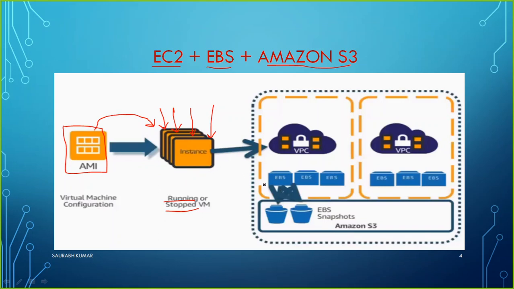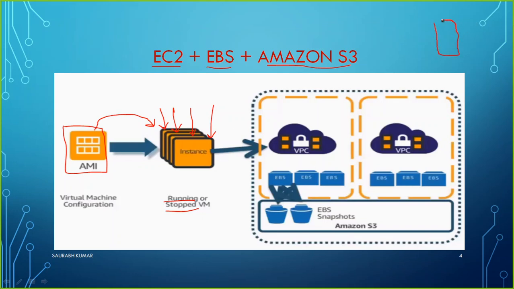These things are connected to each other with the help of VPC, Virtual Private Cloud. We are also going to have practicals on VPC and will learn more about it in an upcoming session. But as of now, just understand that all these instances are connected with a VPC, which is nothing but a network in AWS. The same network helps me connect the EBS as well. Maybe this instance has one EBS, another has another one, or maybe a single instance can have multiple EBS storage. It's the same as, for example, when you have a computer.